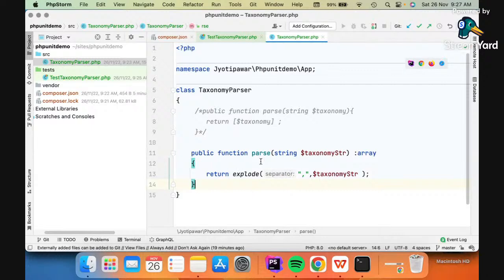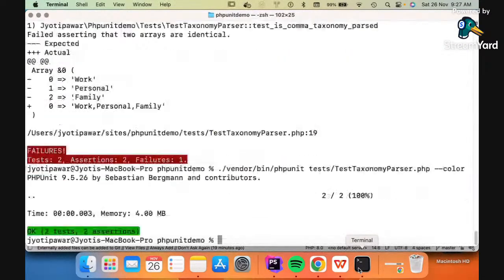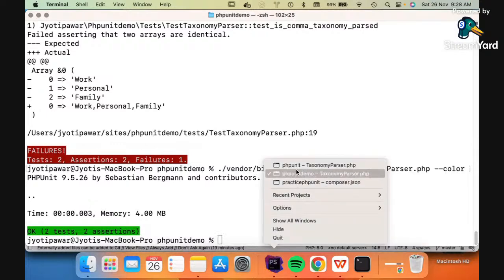Okay, so I am actually using the simple function explode, and now I will see if it is working, and see how it is working now. Yes, so now two tests and two assertions are working properly. Suppose now I am giving